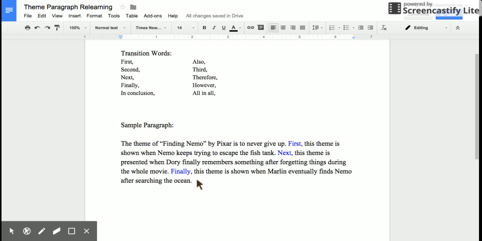Now I need a conclusion sentence. Now we have two transitions here that are really good. For a conclusion, we've got "in conclusion," really simple, and then "all in all." Again, those things wrap up your paragraphs, but you want to leave with a final thought. It can be repeating your topic sentence, but we want it to sound good. So we're going to put "In conclusion," again, followed by a comma. In conclusion, the theme of never giving up is very important to the